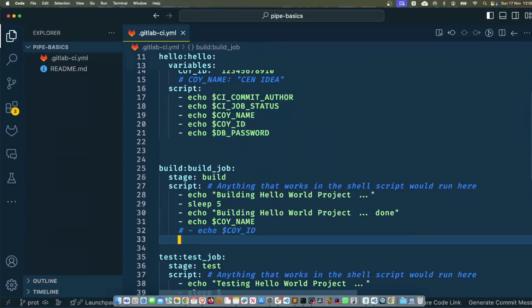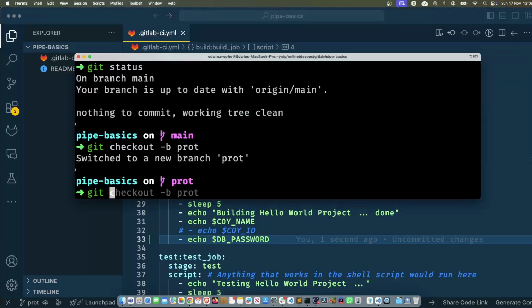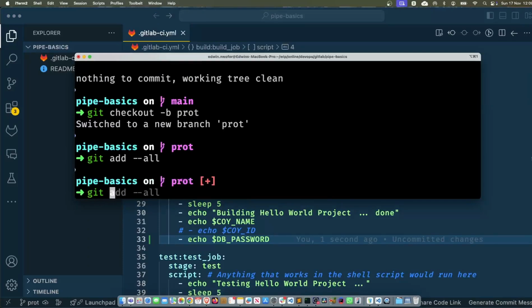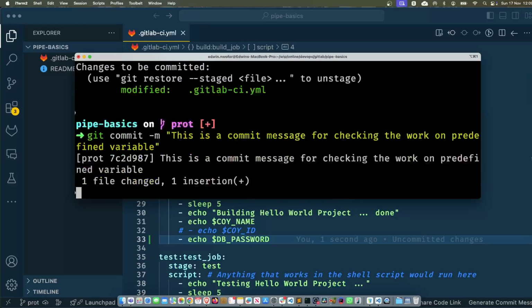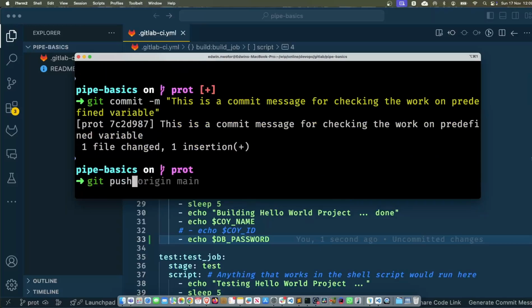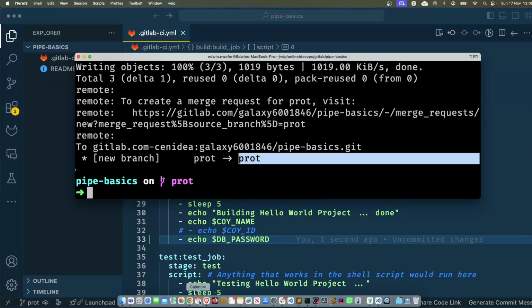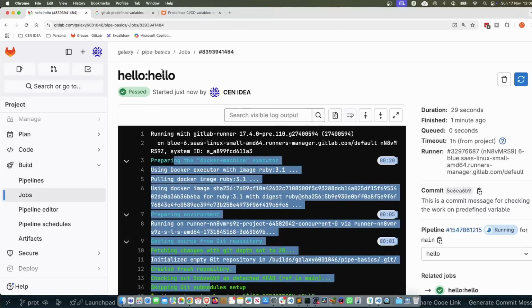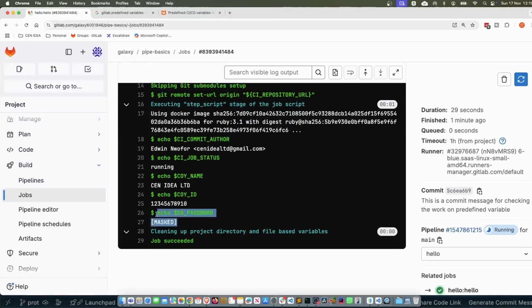I'm going to paste this one here and run it and actually check in the code. So this check-in would go to a branch. Here is git status, git commit here. Just use the same commit message, and I'll push it to its own upstream, which I'm going to call prod. So this prod will create itself, from the local one to the origin one. So let's go and see. When we go here now, it will see that this thing would crash out. This wouldn't actually just come through,